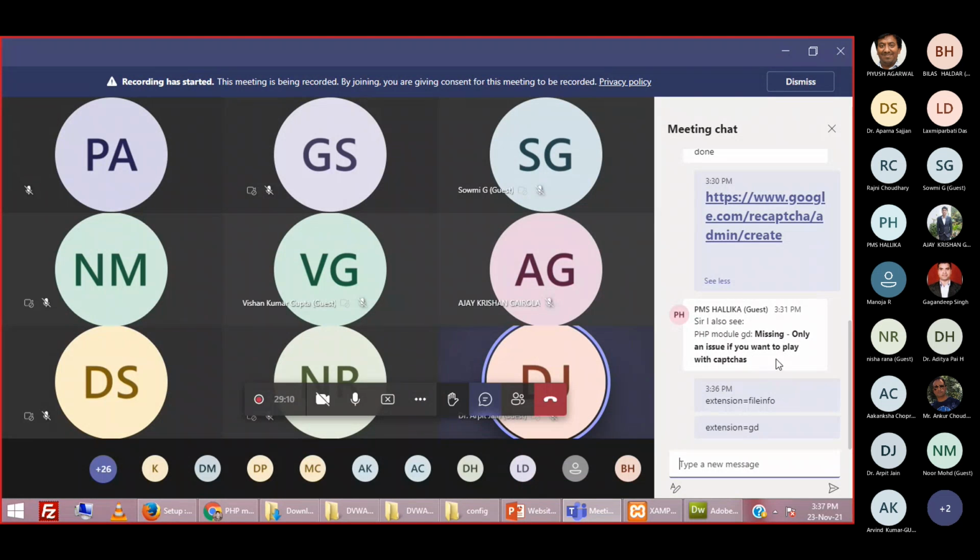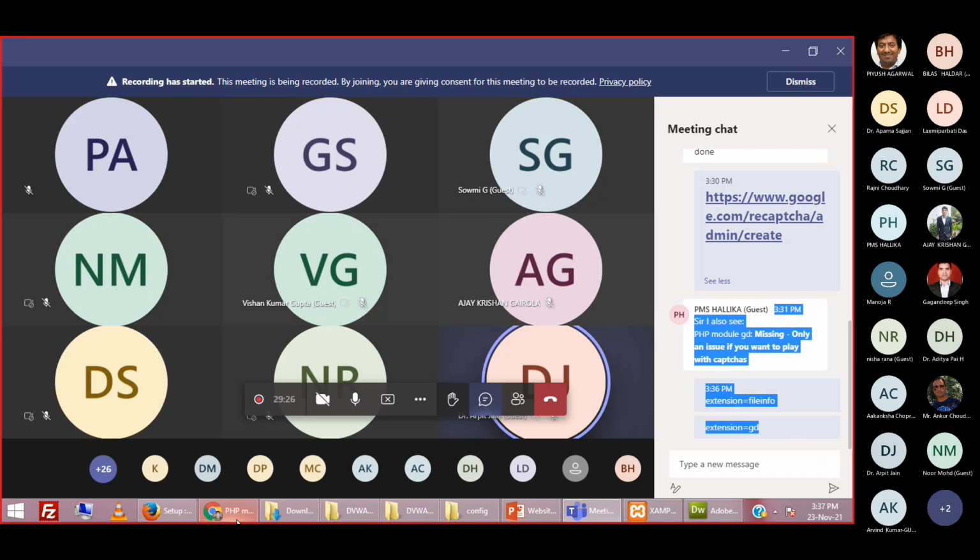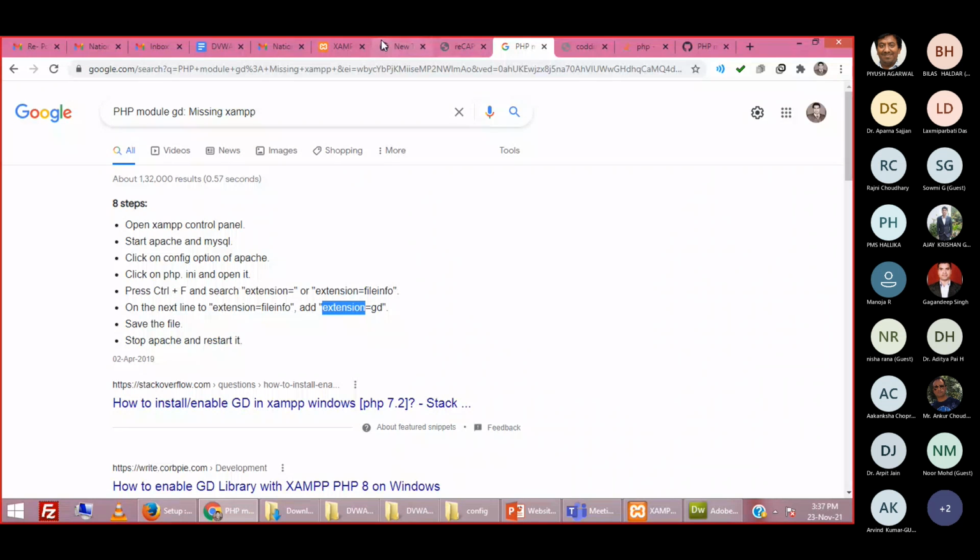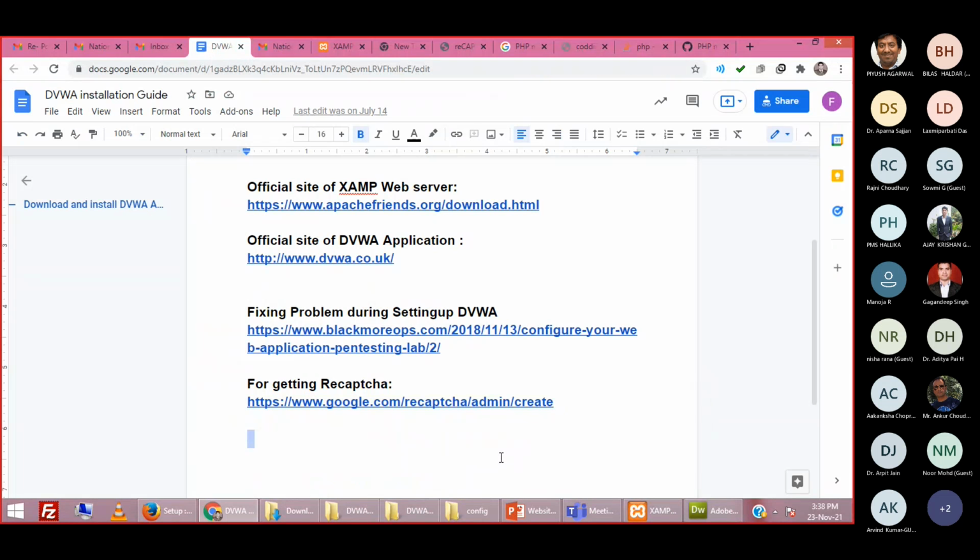I hope it will solve your problem. You just have to add the line extension is equal to GD. Firstly, search for extension is equal to file info, then add extension is equal to GD. Let me know once it is done, ma'am, so that I can move ahead.